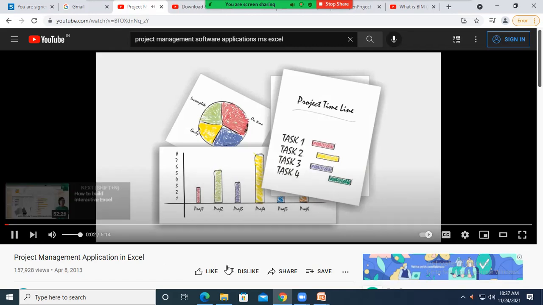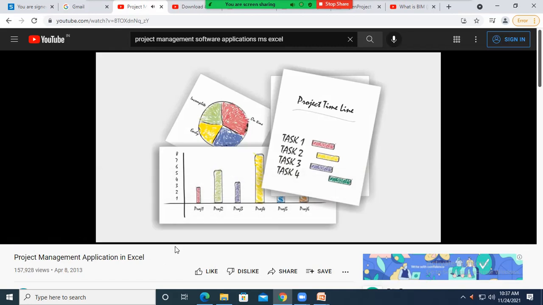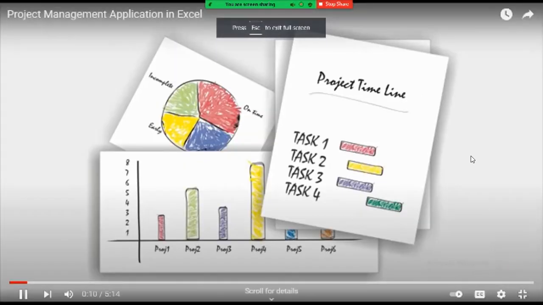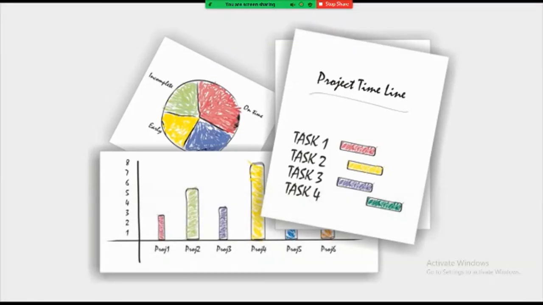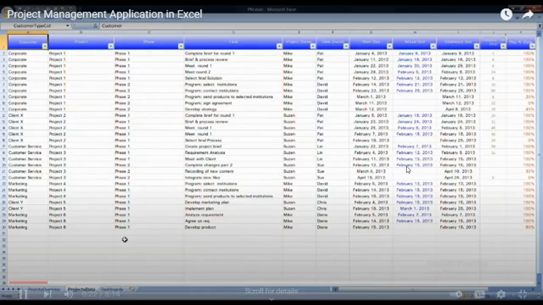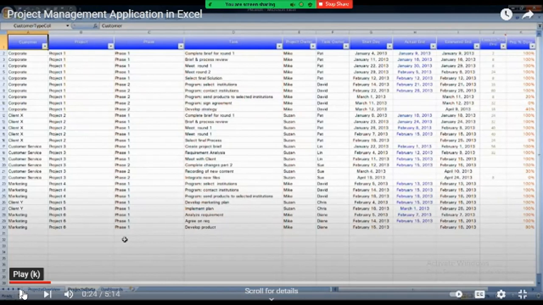Listen to the video. Let me share with you this easy-to-use application for tracking projects. It also helps in the decision-making process by converting basic data into information and into knowledge. So let's take a look at the tool and start with an overview. The tool has 3 main sheets. One to